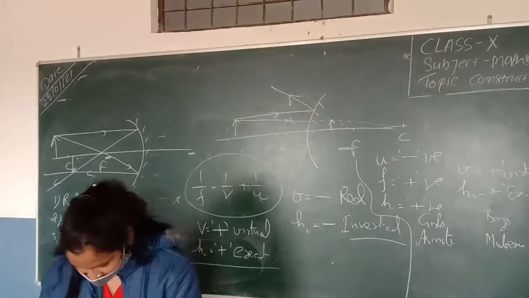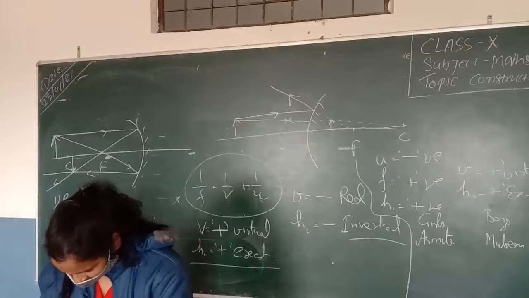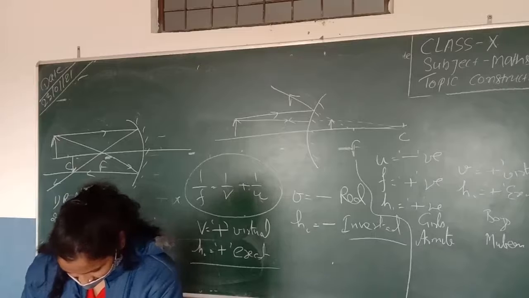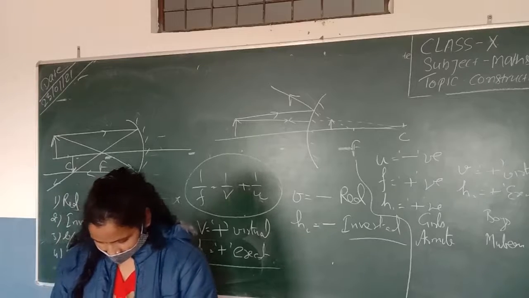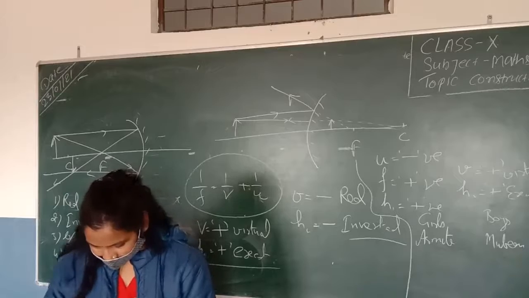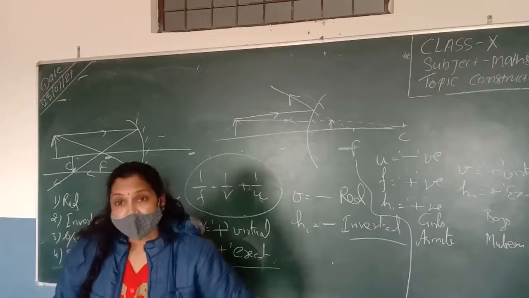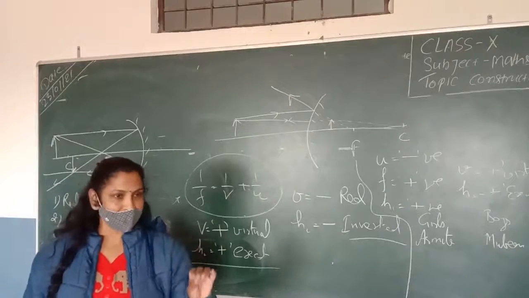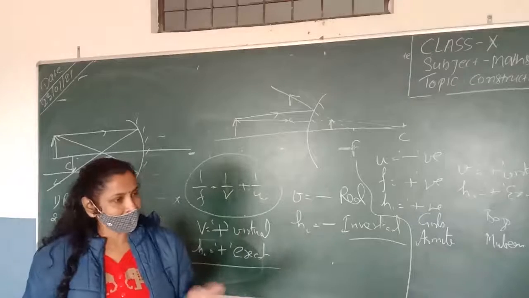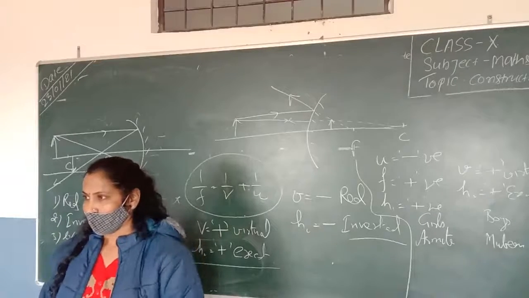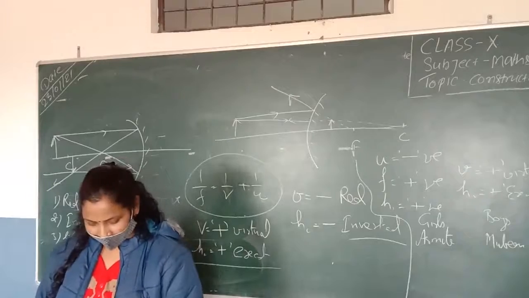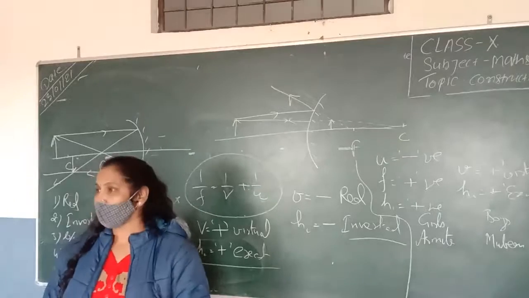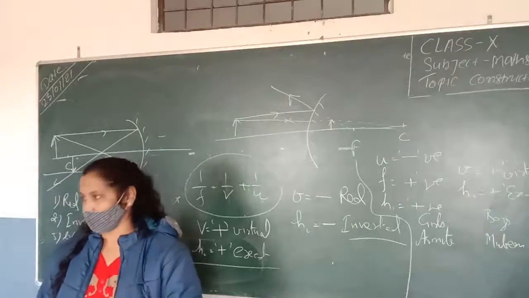Now the next question is, listen carefully to the question and write down those values, the information which you are getting from this question. Please write down only those values. Don't try to write the whole question. Like an object 4 centimeter in size. So what information is the question giving? Just write only the information.